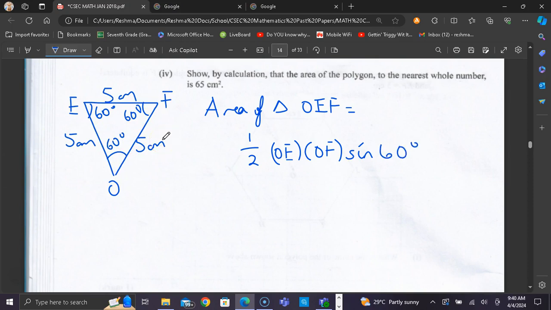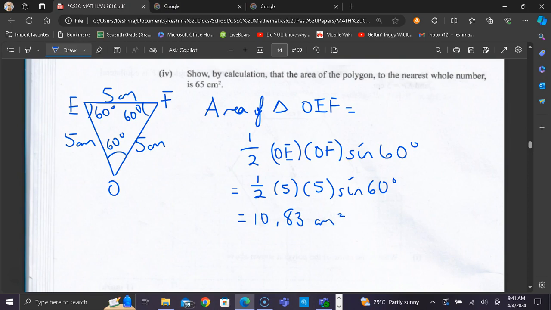Now in this case, it doesn't matter which two sides you use and which angle you use, because all the sides are the same and all the angles are the same. So we'll get a half by 5 by 5 by sine of 60. And using our calculator, we get 10.83 to 2 decimal places,